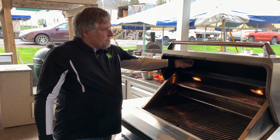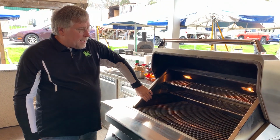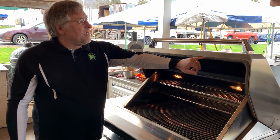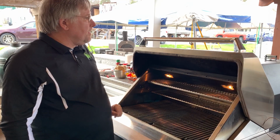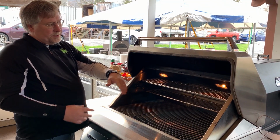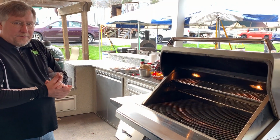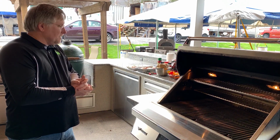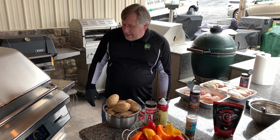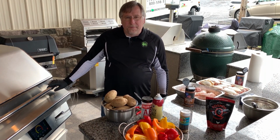One of the other things inside here is we are in a double wall, so it does hold a lot of heat in, makes it a lot more efficient that way. We have a high temp gasket that you would use a lot in commercial applications, which is on here to seal up the outside of it. We're going to go ahead and let this heat up, and we're going to come back and start prepping some chicken. Alright, the grill's heating up, it's lit, we're up to 151, 152 degrees,